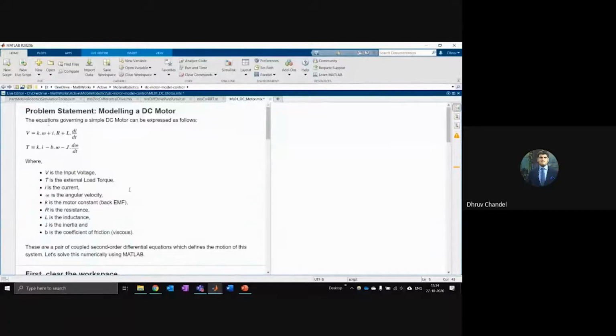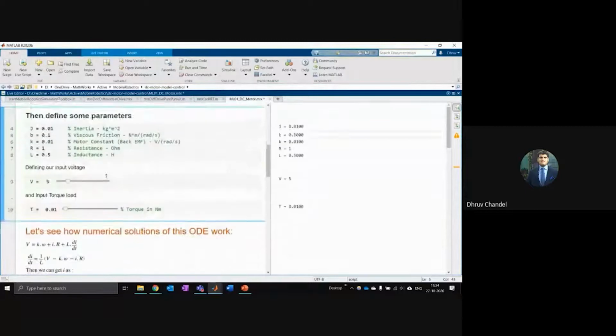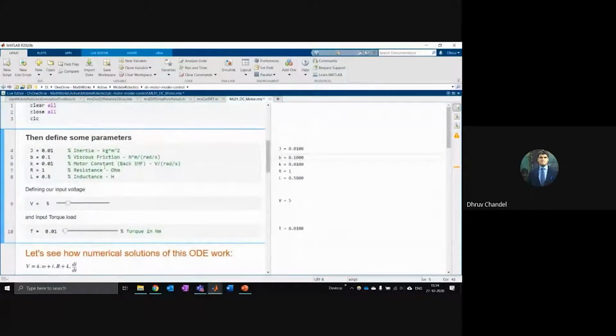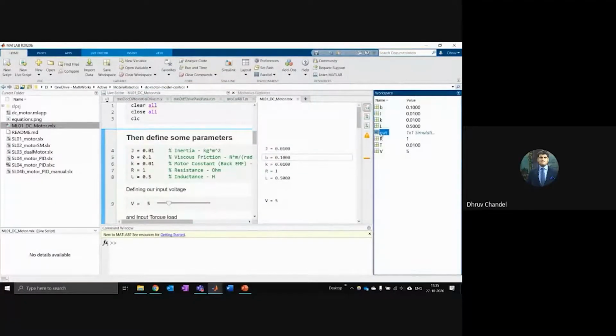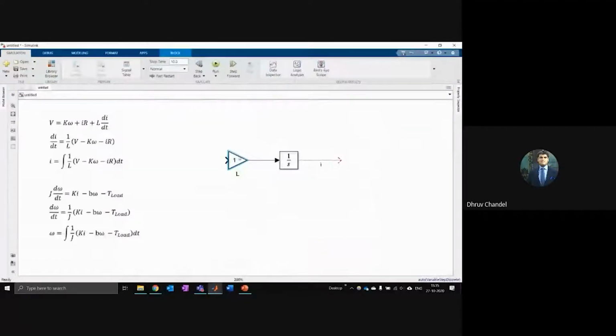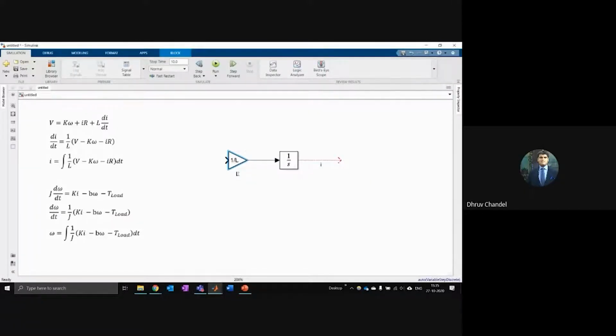In a live script in MATLAB, you can have text and titles and all sorts of controls, and equations along with the code. So I've just run this section of code. And inside my workspace, you can see I have all these variables, and the values of these variables are declared. So I can use these variables directly in Simulink now. So if I go back to Simulink, in the gain block, I can just write 1 over L. And Simulink will pull this value from my MATLAB.